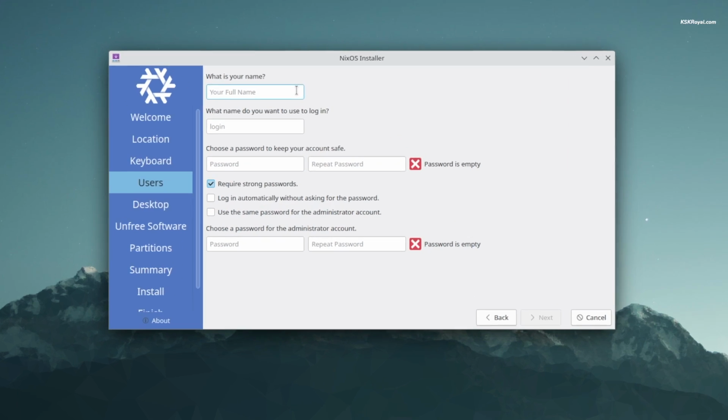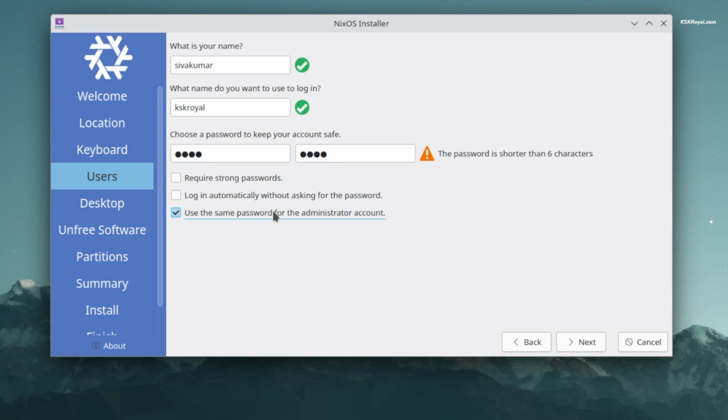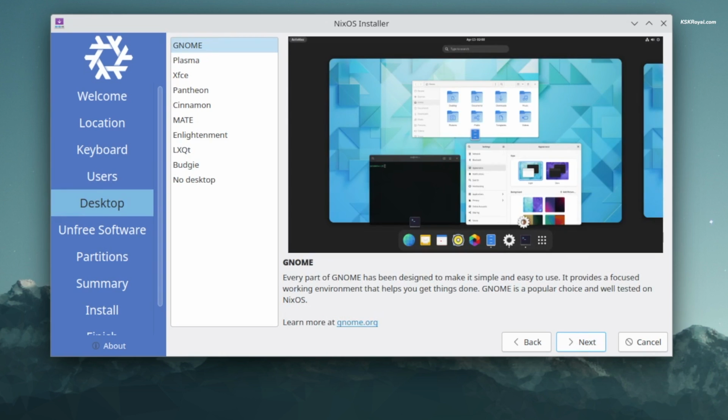Then create a user account. The install will then present this screen. You can choose the desktop of your choice.